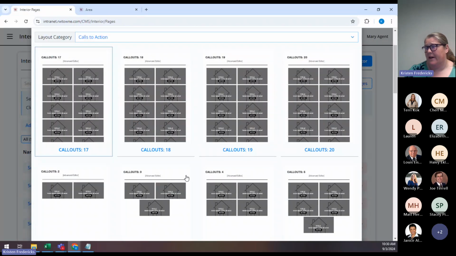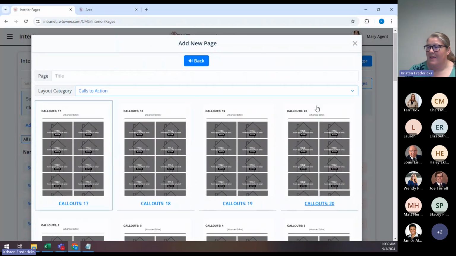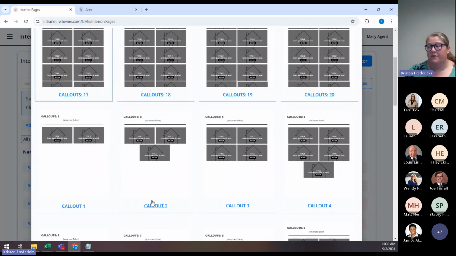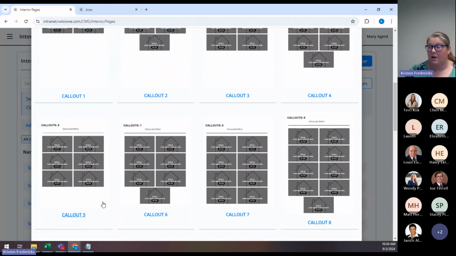Let me bop back over here to our site builder. You'll notice that we have different call outs on here. This is also for the number of callouts that are available. So for example, if you know that you are going to be building something out and you know for sure it's only going to have maybe 6 callouts or 7 callouts, whatever it happens to be, you could certainly choose